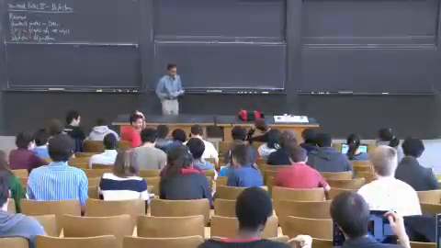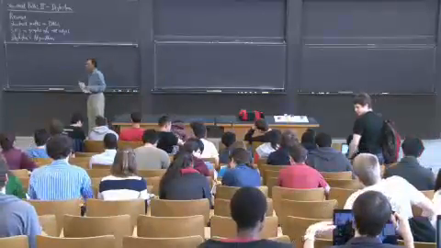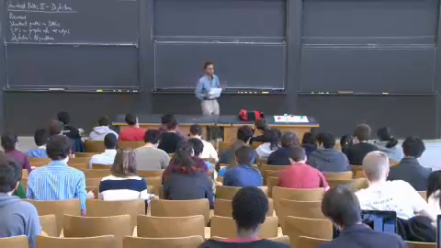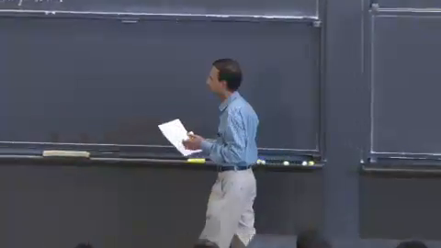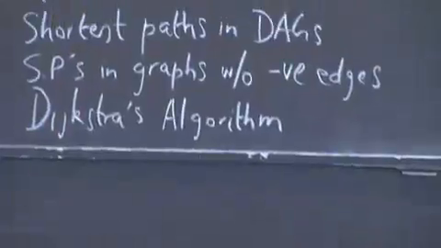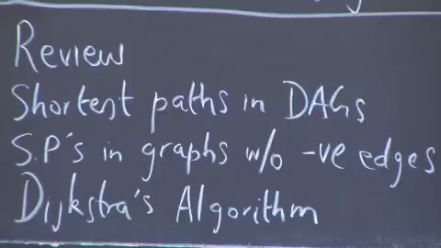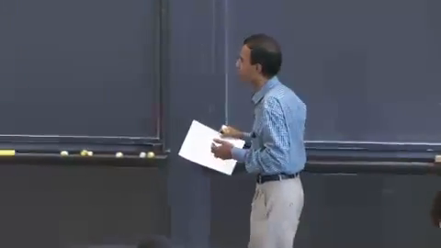Good morning, everyone. Let's get started on lecture number 2 in a 4-lecture sequence on shortest paths. Last time, we talked about a general structure for a shortest path algorithm. Today, we'll look at a concrete algorithm that's due to Dijkstra. Before we get to that, I want to do a little bit of a review of the concepts that we covered in the lecture last week. In particular, we talked about this notion of relaxation, which is a fundamental operation in all shortest path algorithms. And I want to go over that again.